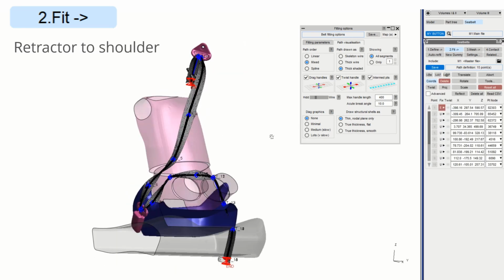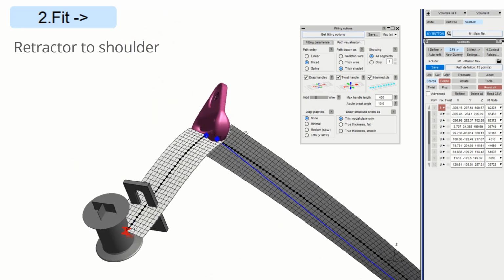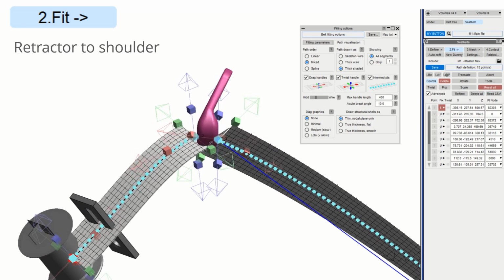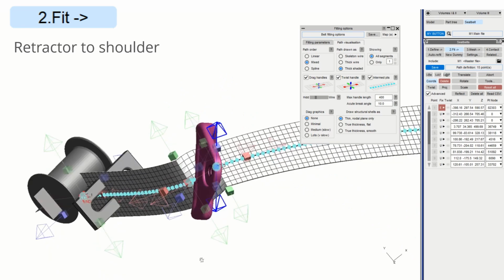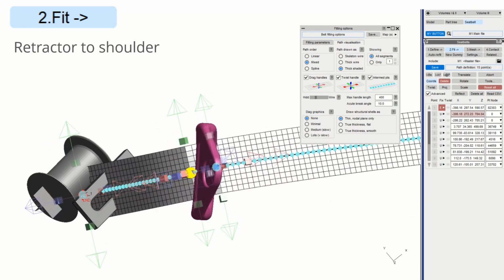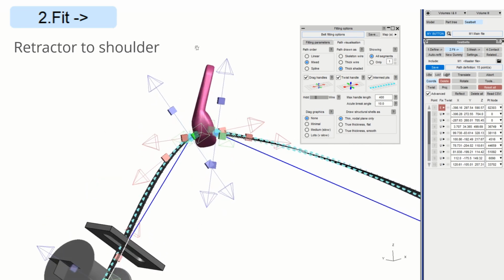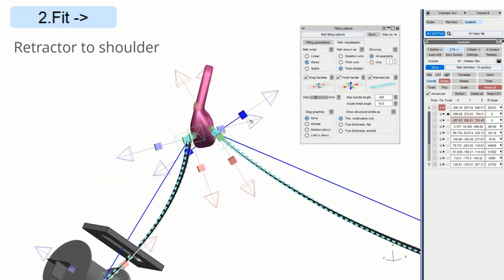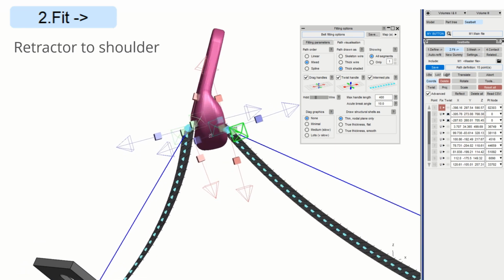Moving on now from the retractor to the shoulder slip ring. Don't worry about the twist at the retractor straight away. Focus on the slip ring position. First of all, I'm going to drag those light blue points to be roughly where I want them, which is slightly away from the slot, but keeping the belt in a sensible path going through it. Then we set the blue twist handles to point away from the structure,